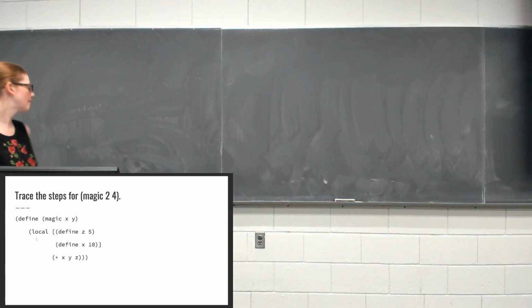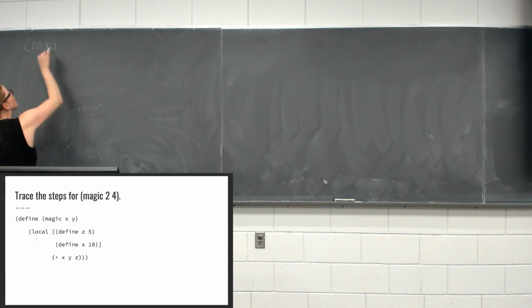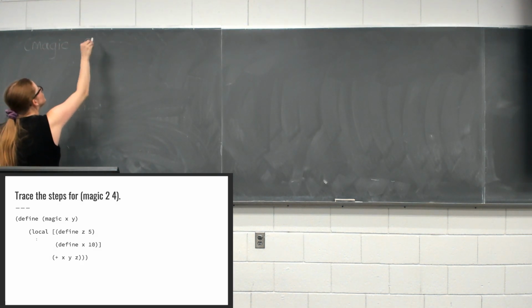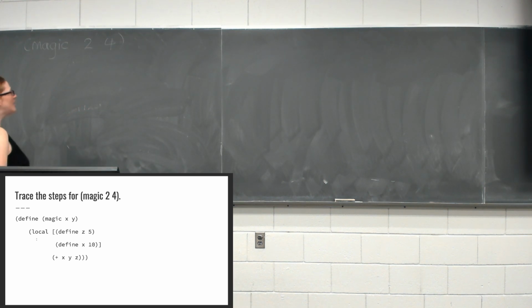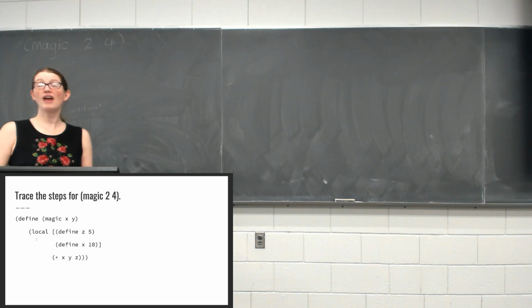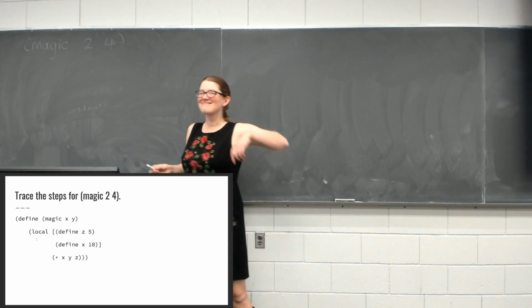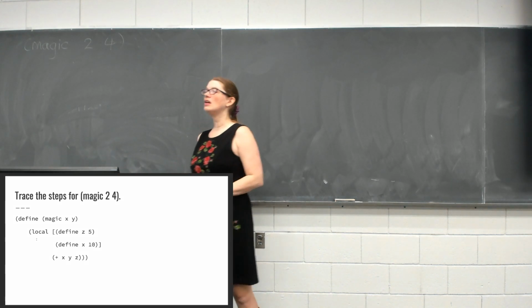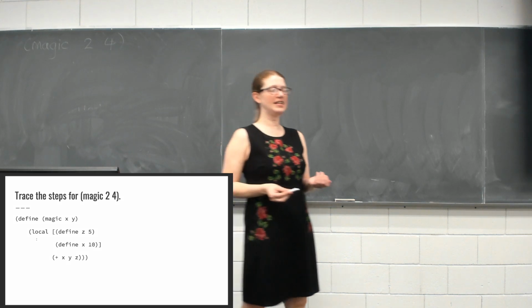There we go. So we've got magic 2, 4. And since the arguments are values, we can just substitute them directly into the body of the function. However, it's not that simple, because we actually had to modify the function substitution rule at the very end of last class